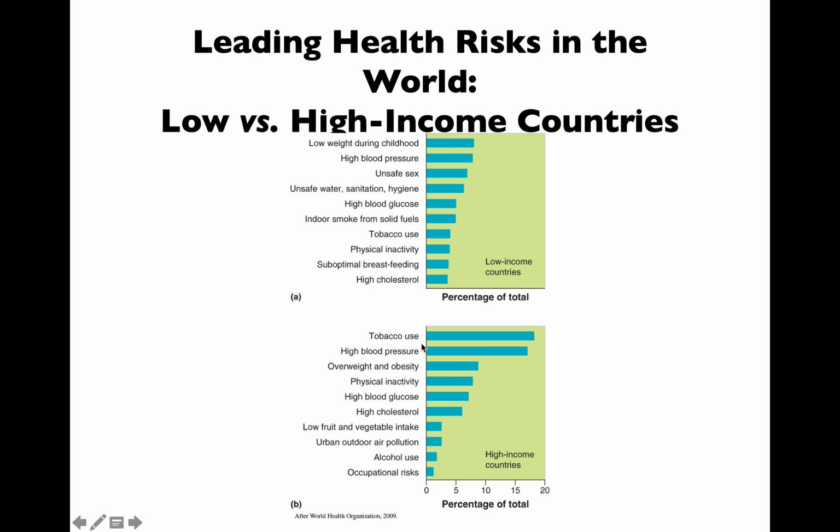So the problem is we have lots of access to good food, but a lot of higher income countries choose to simply skip those and do what they want. So that's a huge issue. Much different set of health risks to lower income countries than high income. So just the place you're born, just literally where you happen to be born, has a very direct effect on what type of health risks you're going to be exposed to.